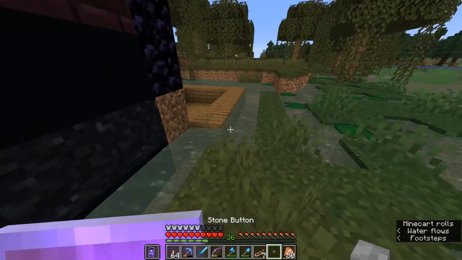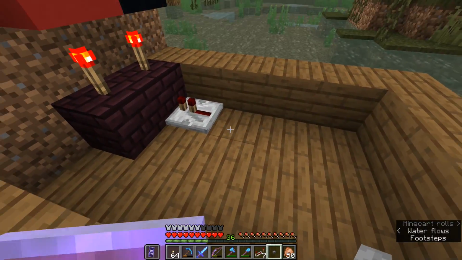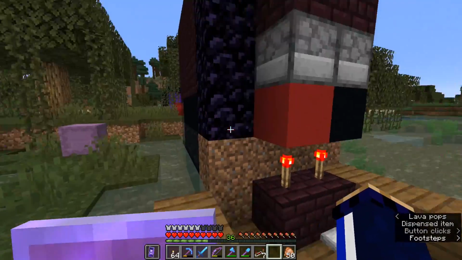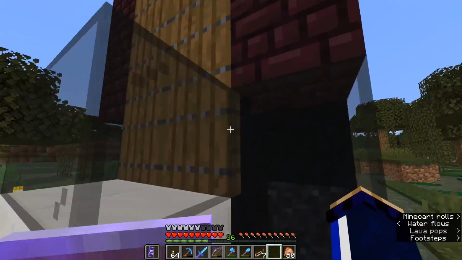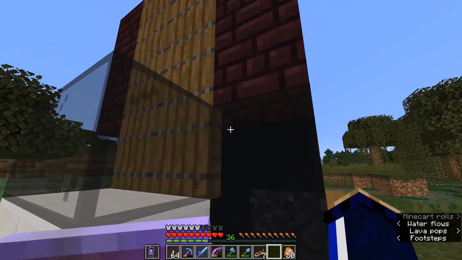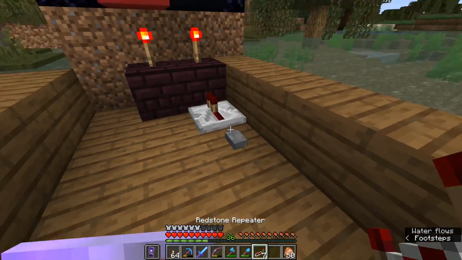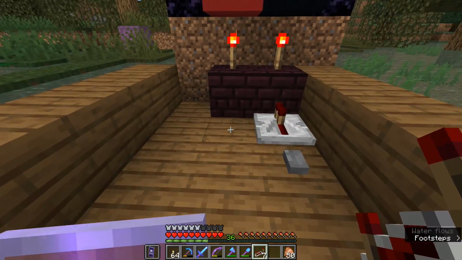We'll need a short pulse for this, so a stone button is going to be ideal, and if we press that right now, that's going to reset the dispenser in there. It's going to switch off the water. As you can see, that is now completely dry. That hasn't turned the portal back on yet, though, because we need to take a pulse out from this button and put it into this